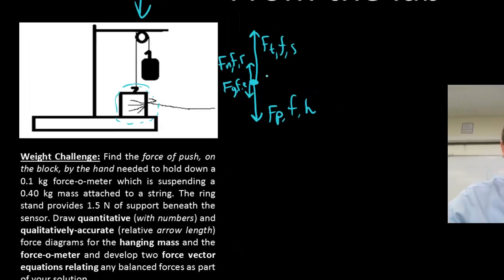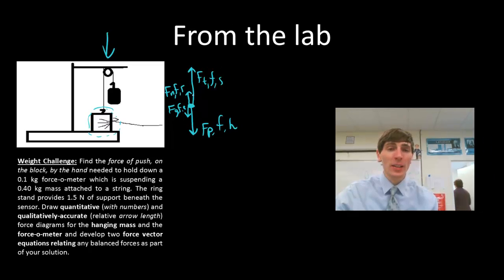So looking at all of the forces involved, I just drew these arrows any random length, but we're going to try to figure out how long we should draw them. How can we know for certain how long those arrows should be? What's really important about this situation is that the object is not accelerating. In fact, the whole system is not accelerating. So that tells us that in any given direction, vertically or horizontally, forces are going to have to be